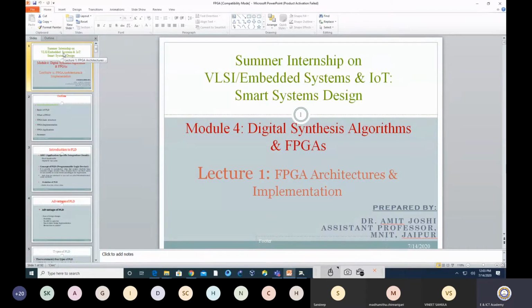So sir has explained very well about the multiplication algorithm. That is one of the important parts for our data path design. Whenever you go for a data path design, multiplier is one of the important components. Now I am coming back to another important component of this particular module that I would like to start from today, and probably we would discuss it more in tomorrow's lecture also, that is FPGA.